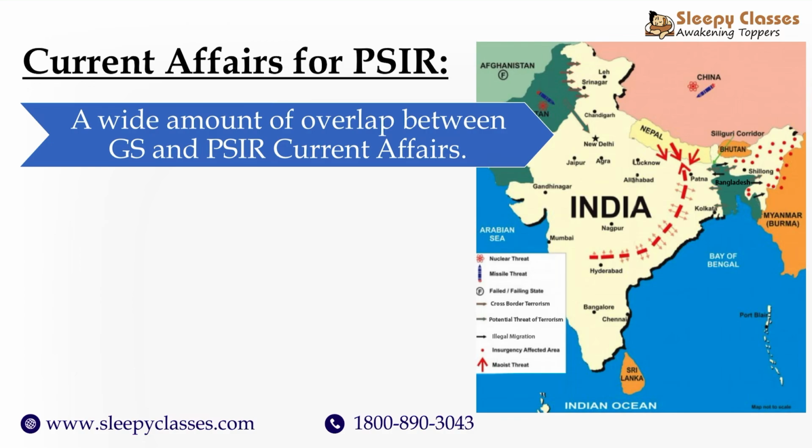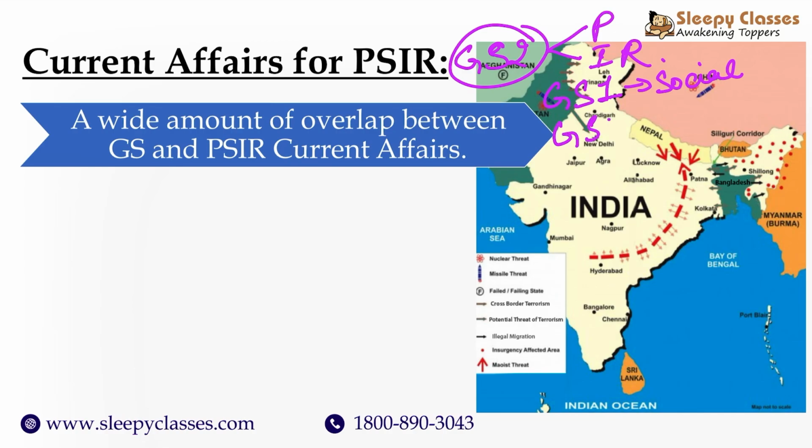Now, one of the greatest strengths of political science and international relations is the fact that there is a lot of overlap with GS, right? So, say in GS2, it is very obvious, right, that polity and IR both have intensive and extensive coverage with PSIR. Apart from this, even when you look at GS1, here again social issues happen to have an overlap with PSIR because we cover issues like caste movement, communalism and religion in India, gender movement. Then very importantly, when you look at even GS3, right, issues like security.